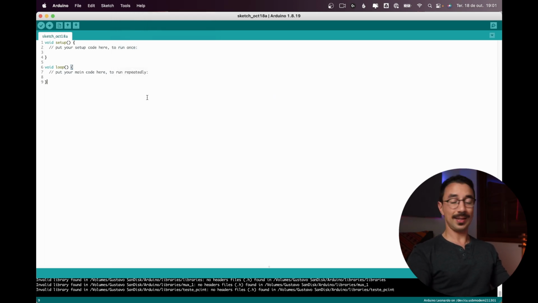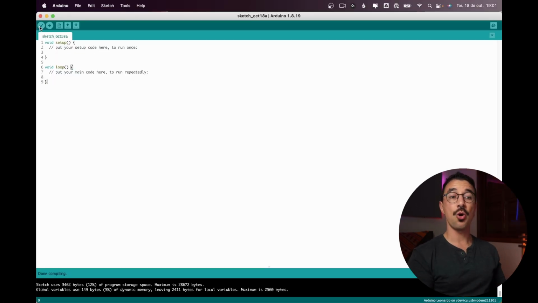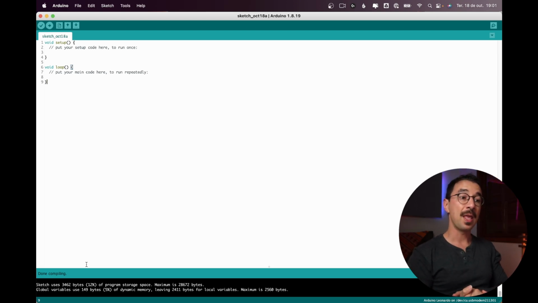Okay, so what happens if we just upload this code? So here we have buttons for verify, upload, new, open, and save, which most of them are pretty straightforward. But let's start here. Verify, it verifies if you have any error in your code or not. So if you press verify and you get here done compiling, it means that you don't have any error and your code can be compiled correctly. Compiled means